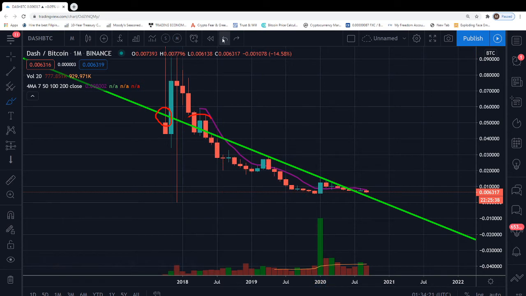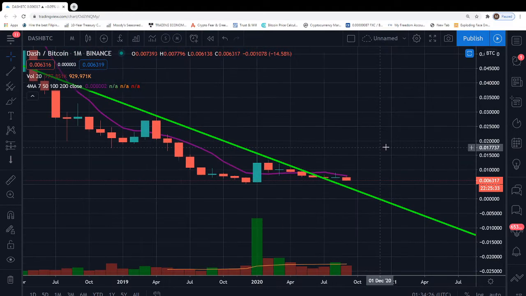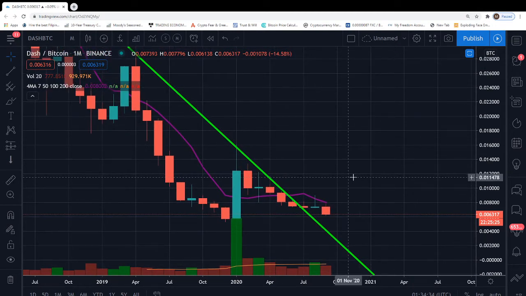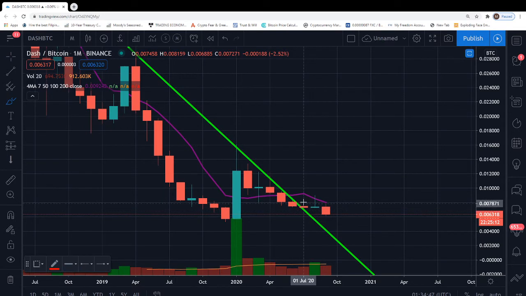Now, if you go over to present day, we're going to zoom in here and get a microscopic look at what's going on over the past 3 to 4 months. As you can see, Dash has actually made the initiative to get above and beyond this line. Now, this obviously isn't bearish. Well, in this case, I think there is potentially more bearish momentum, but we'll get to that in a second here. But I wanted to point out that notice the last 3 monthly candles have successfully made their way beyond this green descending line that's been keeping the price down for some time.